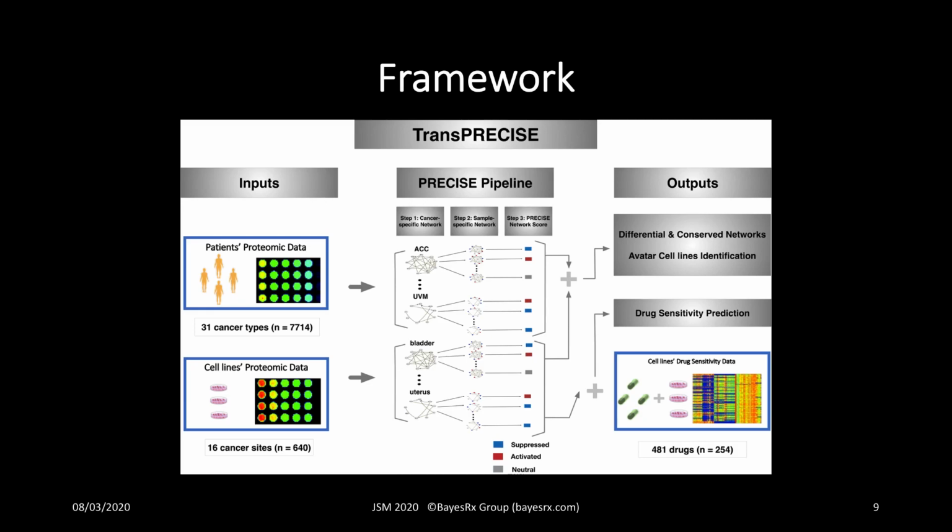So this is our framework. Just to remind you once again, this has 3 steps that we are doing. First, fitting the cancer-specific networks and deconvolving to a sample-specific level and getting pathway scores. Second, based on those scores, we do the cell line identification, and based on those cell lines, we do the drug sensitivity training models. And once we have trained those models, based on that, we can predict the drug sensitivity